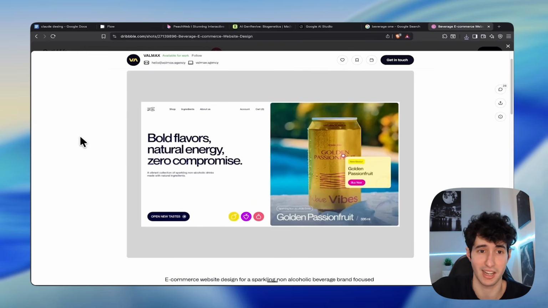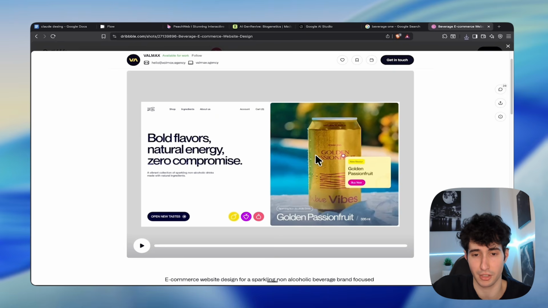Now I actually searched in the web and I found this website over on Dribbble, which I actually really like, and specifically I really like how their beverage is being displayed. So we'll basically copy this section over here to the right, and as you can see, they have a beverage on top of a table and they have a very nice background that also doesn't take too much of the focus of the website. And since we want to generate the starting image that our animation is going to have,